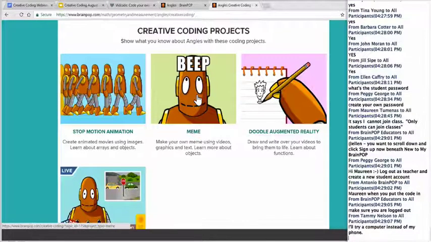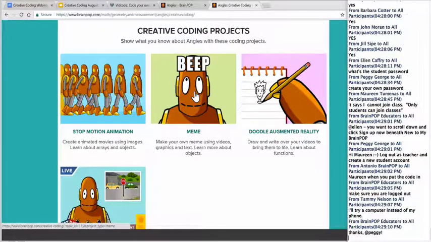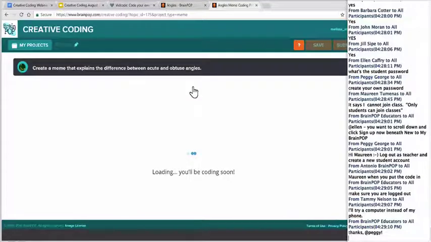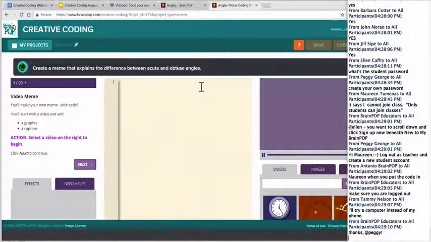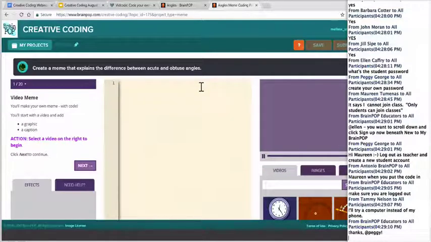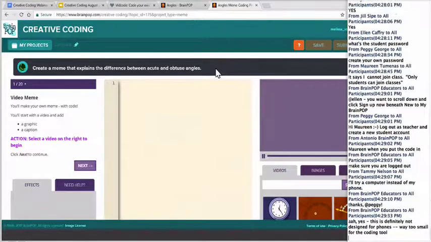So I'm going to go ahead and select the meme project under the angles topic that we've got here. I'm going to allow the page to load, and then walk you through the different elements within the page that are a part of the tool. Starting at the top, I've got the prompt. And so this is really where the magic synergy of